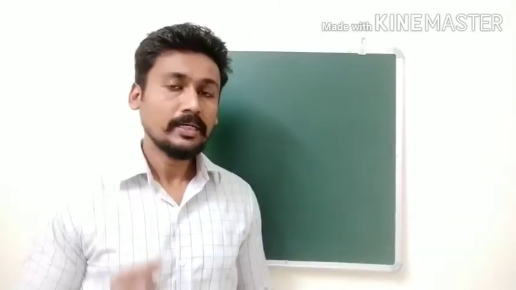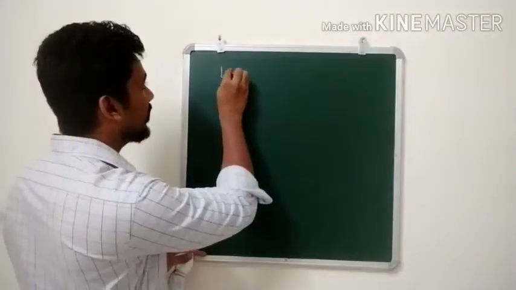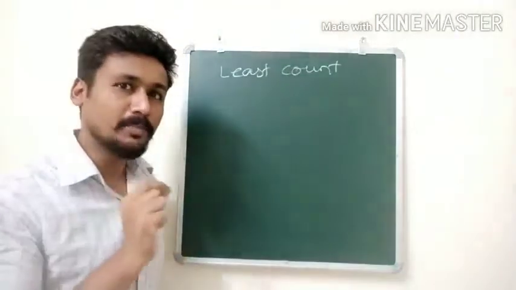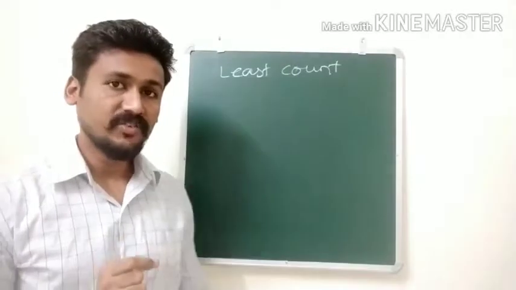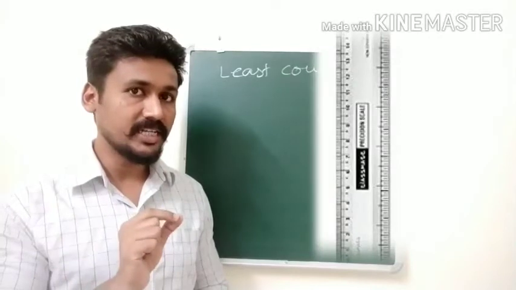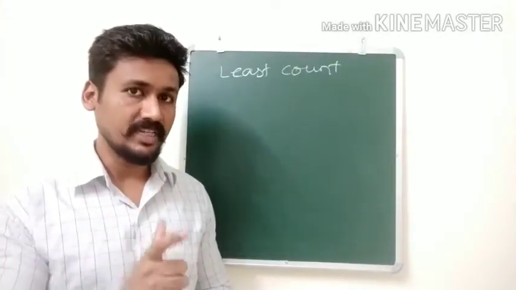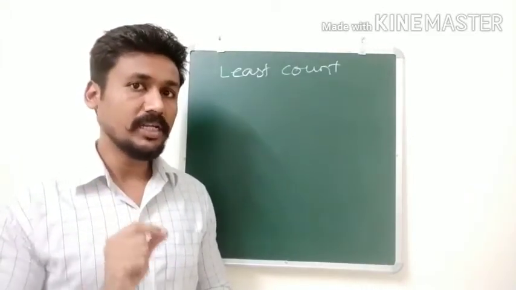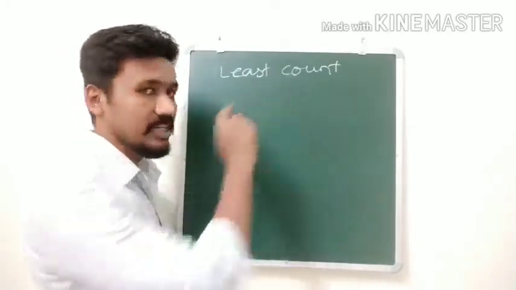So let's begin. So first we will see the concept of least count error. So what is the meaning of a least count first? Least count means it is the smallest possible measurement that our instrument can give, that we call as the least count. For example, if you have a scale with you, so using the scale the smallest reading you can measure is 1 mm, 1 millimeter, correct? So that 1 mm is the least count of that scale. Or if you have a watch, so our normal watches that we have in our houses, the smallest reading they give is 1 second. So 1 second is the least count. So that is the concept of least count.